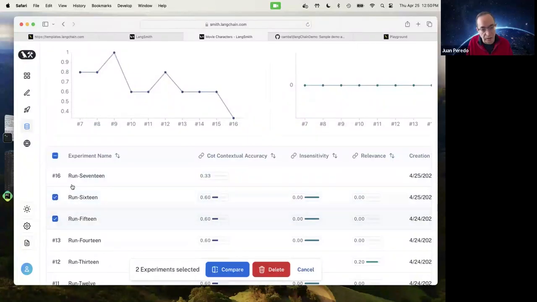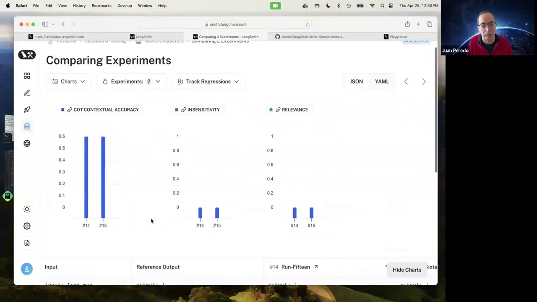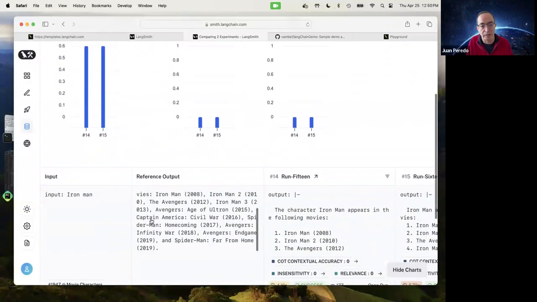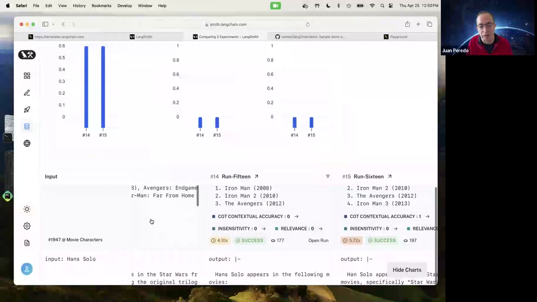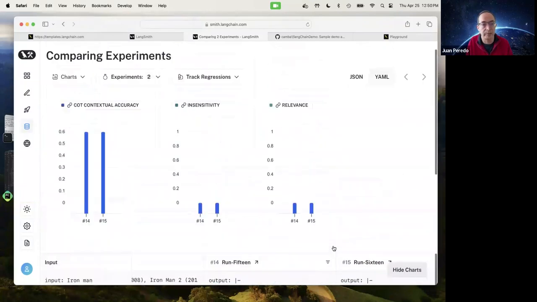Our run hasn't finished just yet, but I can compare to previous runs, and it will give me some graphs and additional information about each one of those runs. So here, for example, I can see that one took a whole second longer than the other, and I can start looking into why that's happening.